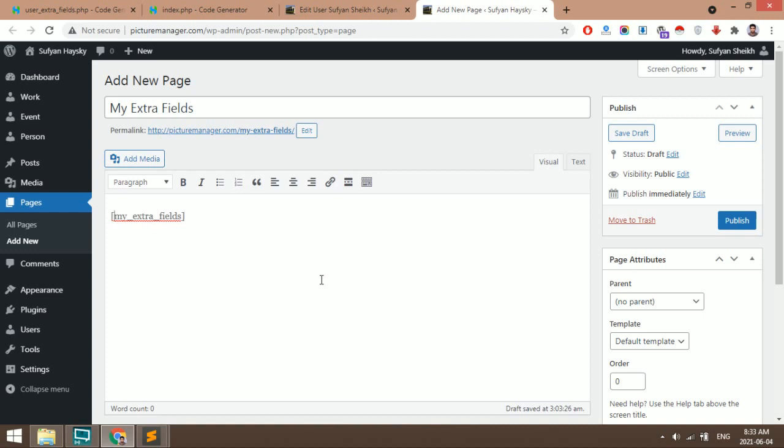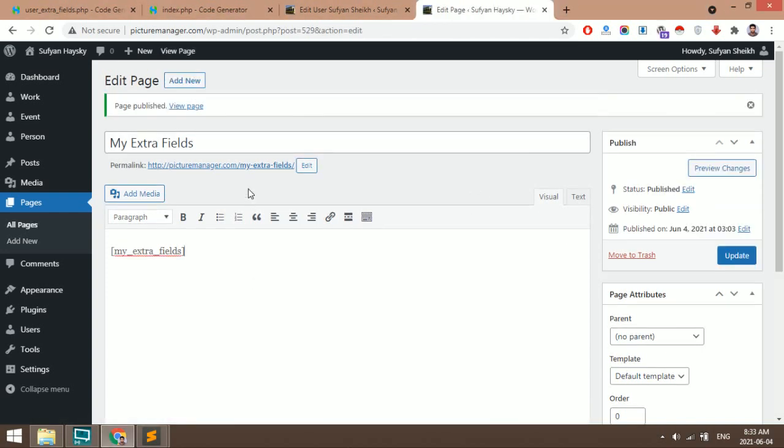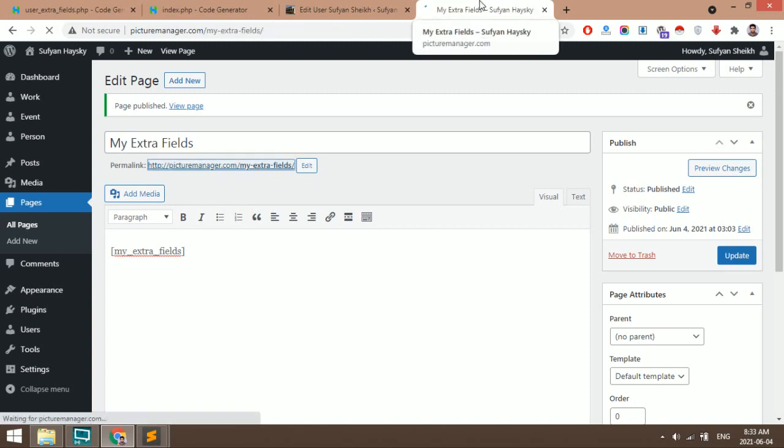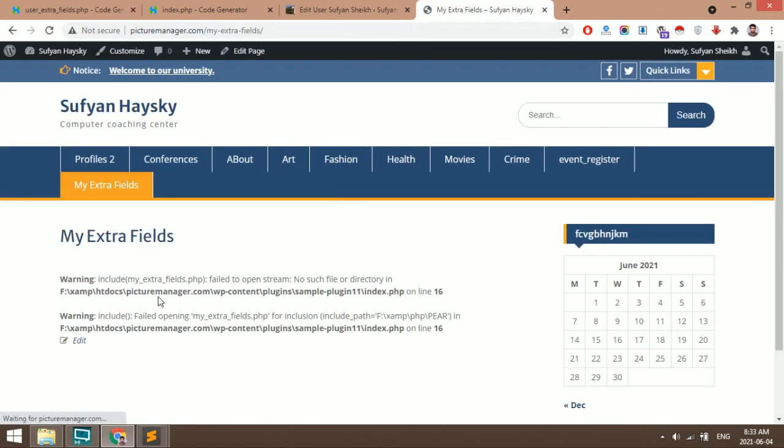This is the shortcode included in square brackets, and then publish the page. As of now it is showing that my extra fields.php is not there.